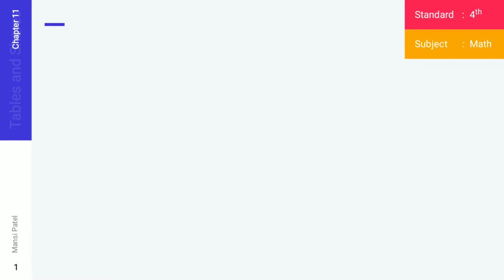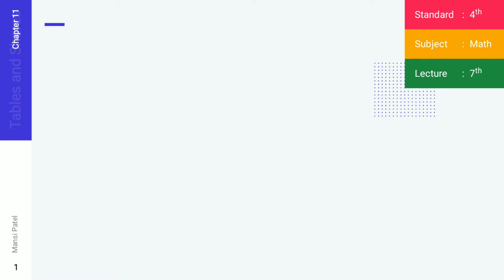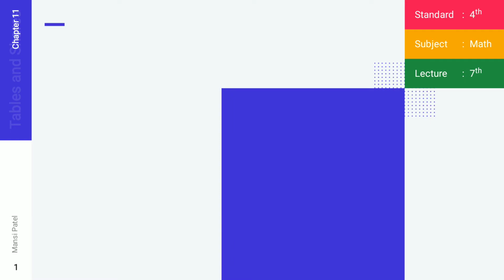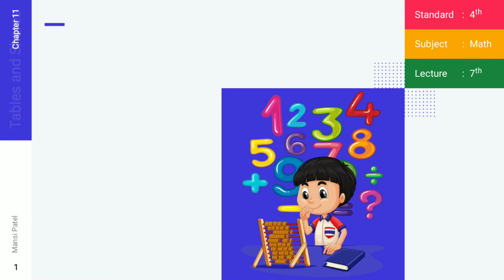And as you know already, the name of our chapter number 11 is Tables and Shares. In this chapter, we are discussing the multiplication and division. In our previous session, we saw some sums regarding the division of the word problem. Then after, we saw the multiplication and the word problem of multiplication.